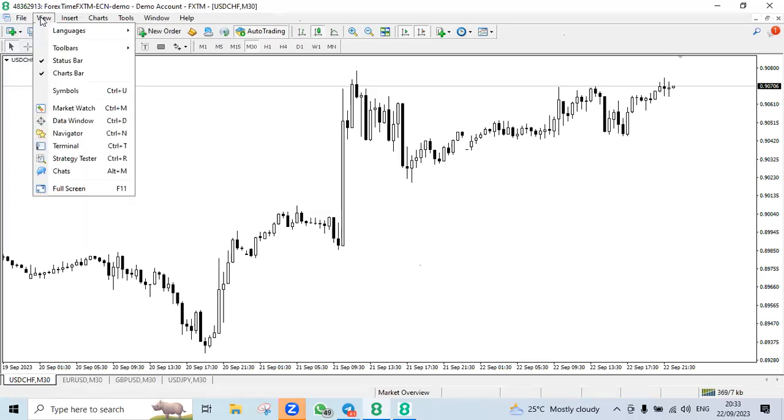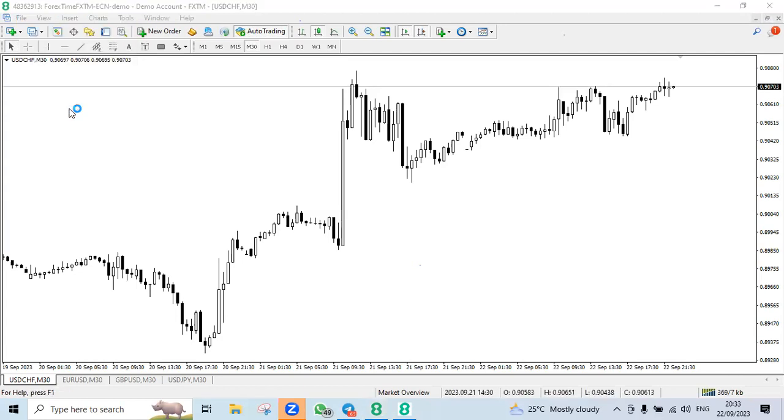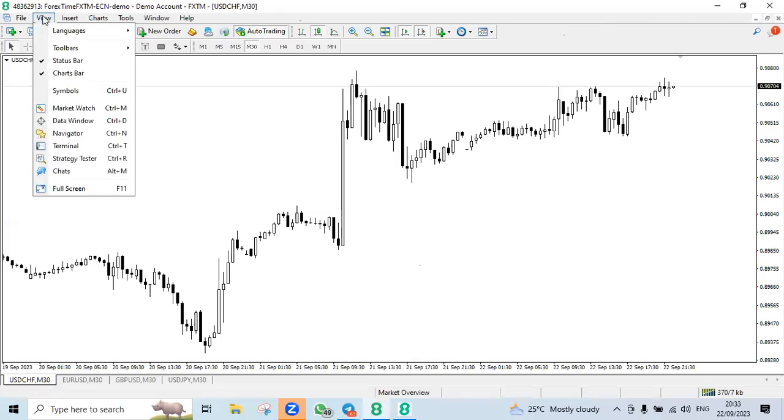If you go to the View menu and scroll down, you're going to see Market Watch. Now, remember, this applies to every MT4 platform on any broker you want to use. So I'm teaching what is universal. Don't think that if you go to another video, you're going to learn afresh. Once you click on View, you scroll down to